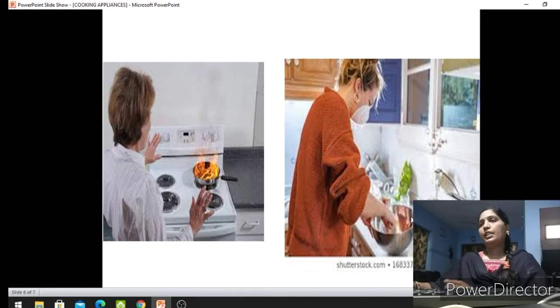Before cooking anything, whether it is vegetables, pulses, whatever it may be, you must clean it with water. And there is no need of any filtered water, no need. Normal water is enough in steaming and boiling methods. Why? Because